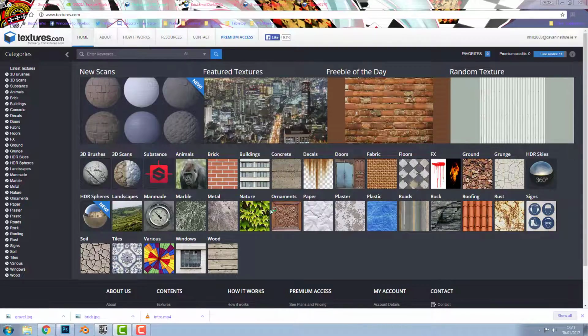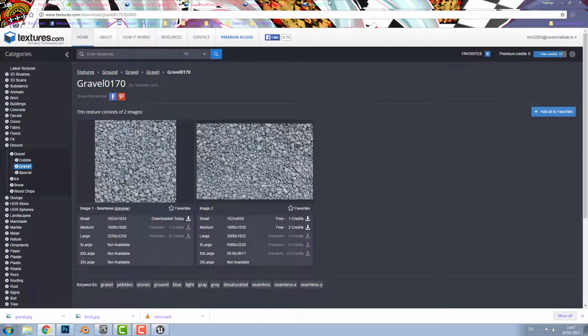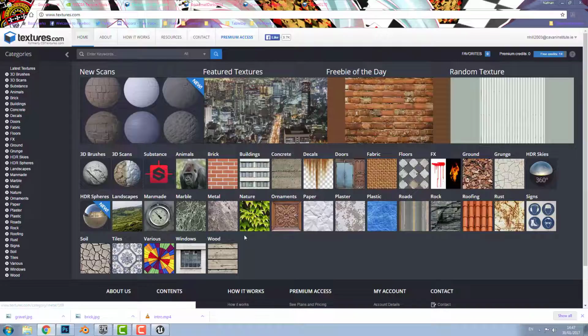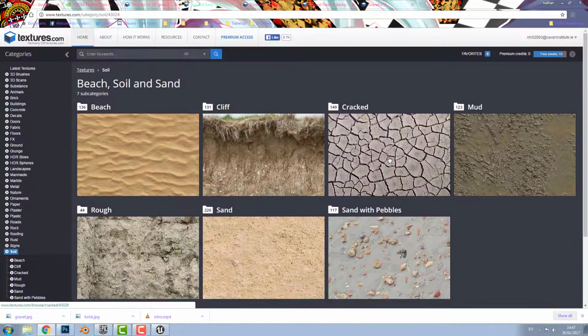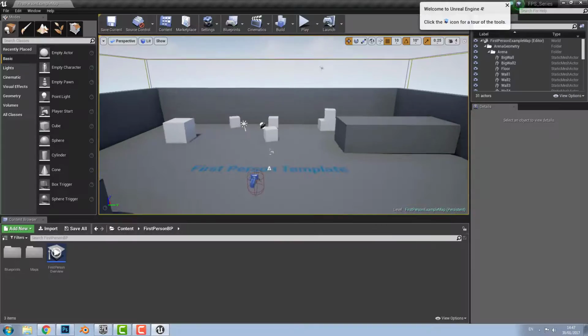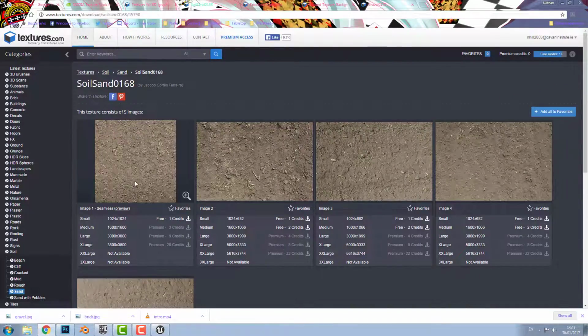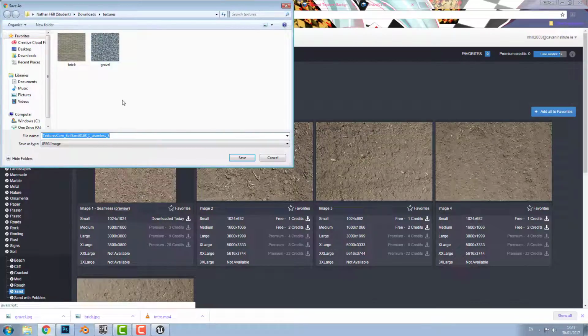We'll create the project. While this is going on, you want to navigate to textures.com and find the textures that you'd like to use. I'm going to be using this brick. I'm going to be using this gravel, and just to show you what to do, we'll grab some soil. So let's grab some sand. This one should do. Make sure that it's seamless. So we'll download this,